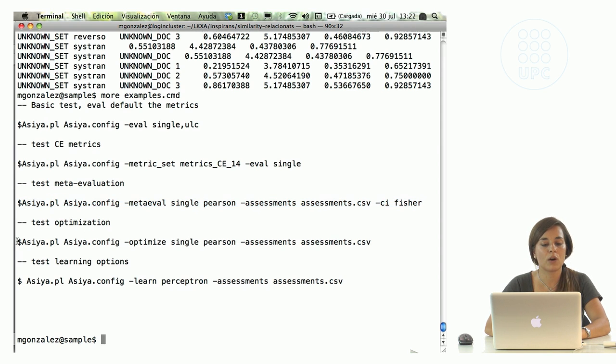Then we can also run an optimization operation where we obtain the measures for each single metric, and we optimize how to combine the scores of these measures. And this can be very useful to perform some learning operations in order to obtain models that will combine the measures for different metrics. In this example, our learning method will be a perceptron, and in this way we can obtain a new measure based on the combination of previous ones. That's all for